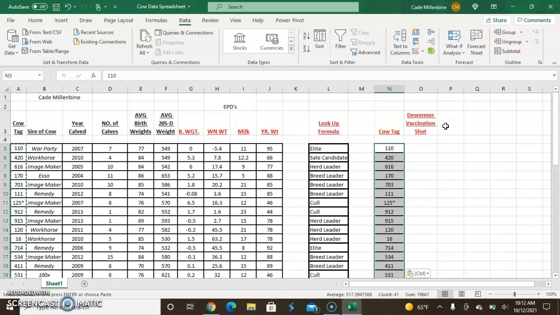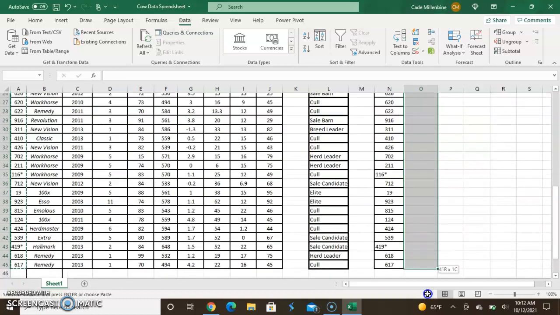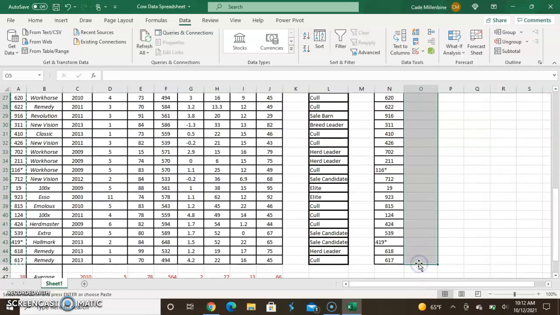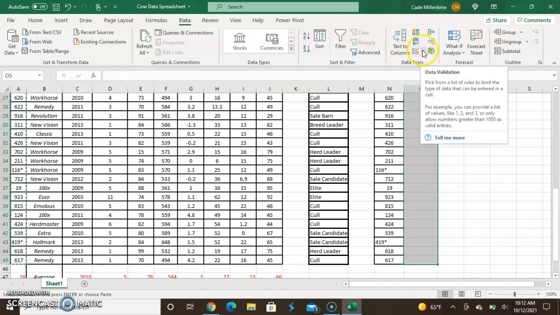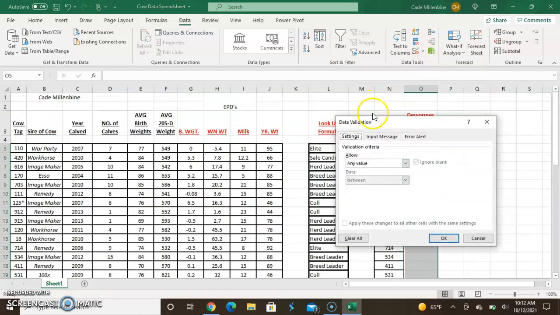Now that we got their numbers and with the cow tags, we can come over here and select and click all the way down for the cells that we want. And then once we do that, we click the data tab, which mine's already selected. And then I come over here to data validation, and I'm going to click on that, and we're going to click on list,